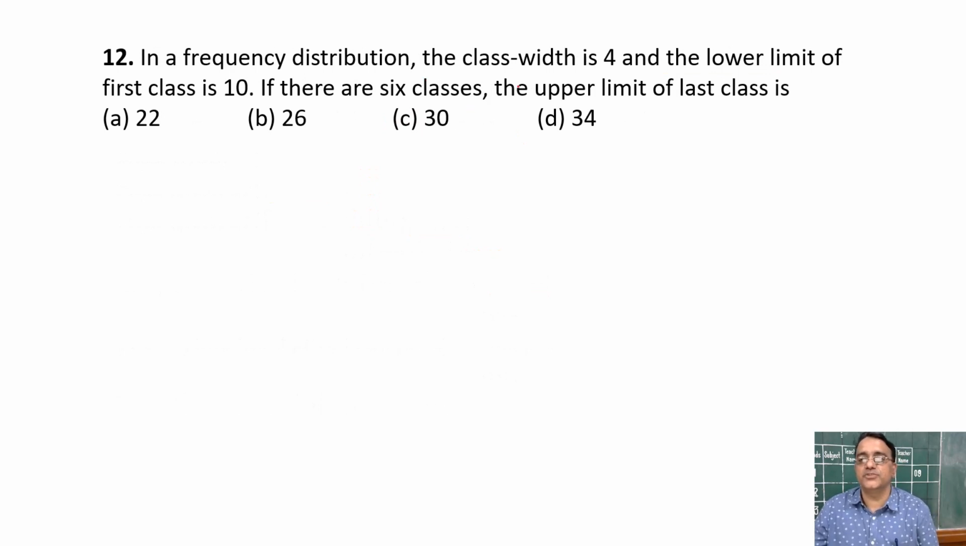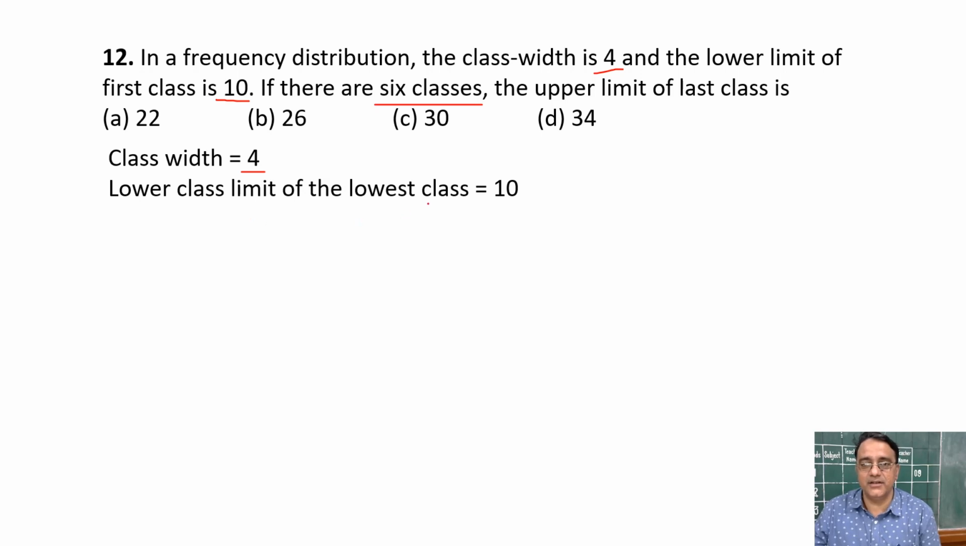In a frequency distribution, the class width is 4 and the lower limit of the first class is 10. There are 6 classes. The upper limit of the last class is dash. Question clear? Yes, sir. Right. So ये similar question है जो already हम लोग कर चुके हैं. So class width is given 4 and the lower class limit of the lowest class, that is first class, is given 10. Okay. So अब हम लोग क्या करेंगे, अपर लिमिट के लिए 6 क्लासेस है, सो 4 × 6 करेंगे हम लोग, ठीक है। देखो ध्यान से, इसको ऐसे करके दिखला रहा हूँ मैं।